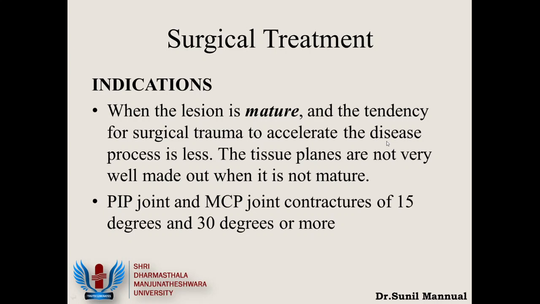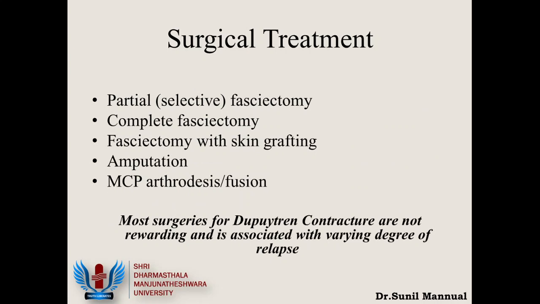Moving on to slide number 33. These are the surgical treatment methods. We have something called a selective fasciectomy if only one or two fingers are involved. But if the entire hand is involved, we'll have to go for a complete fasciectomy. Sometimes surgeons prefer a prophylactic complete fasciectomy. That is, they want to remove the entire deep palmar fascia because they are worried that if one finger has got a Dupuytren's contracture, it can eventually go to all the other fingers. After doing a fasciectomy, typically the skin of the palm is raw and we may require a skin graft.